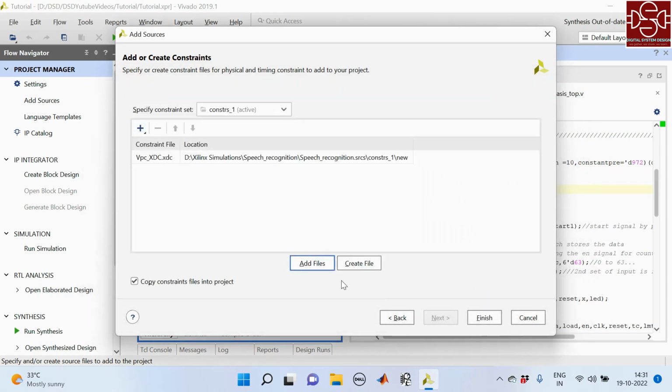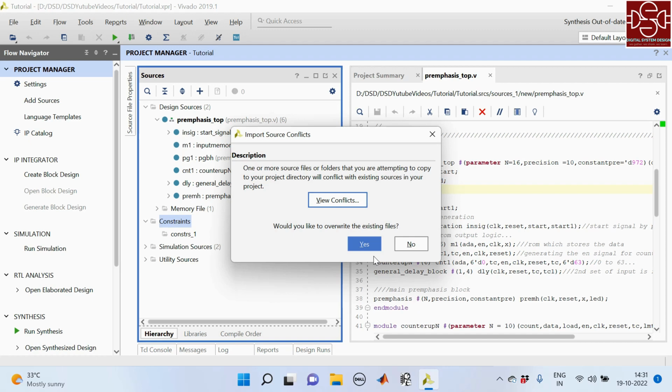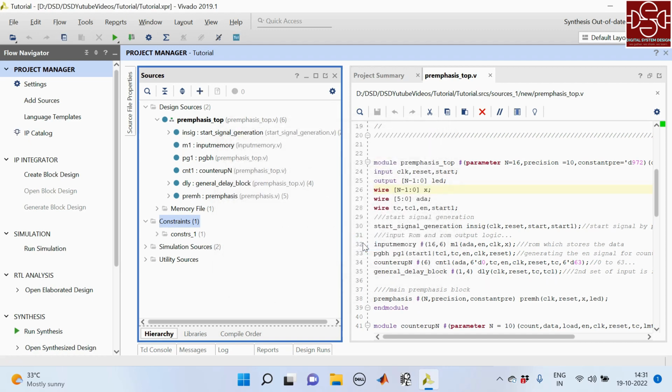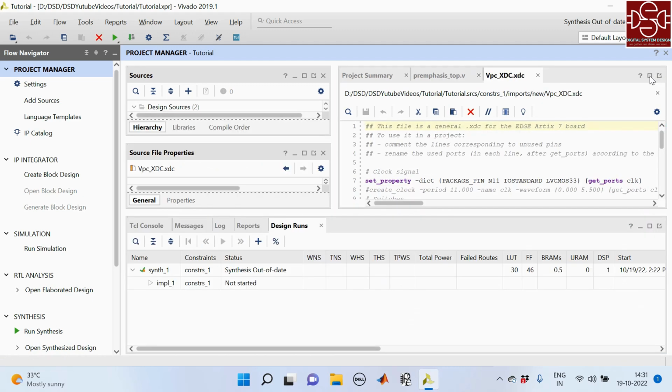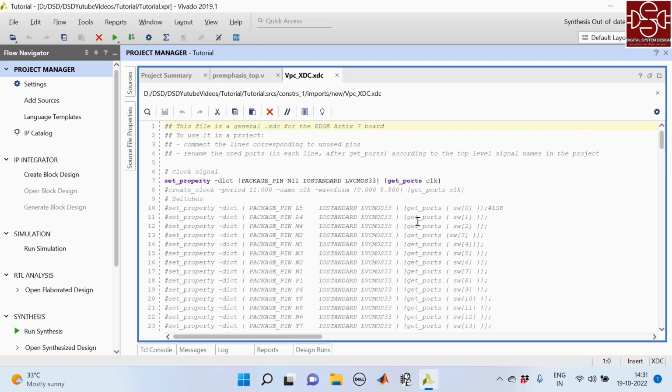So I am adding this constraint file. So let's see what is inside this file. It is a .xdc file. Name can be given anything. I have given it vpc underscore xdc. Let's open this file. So in this file there are